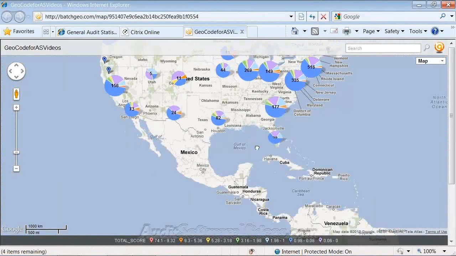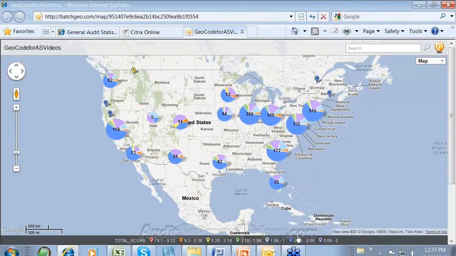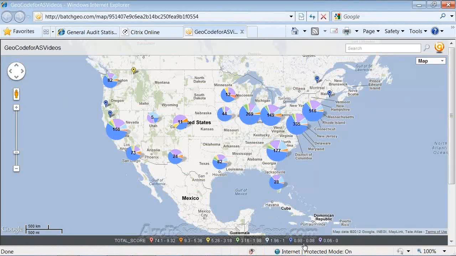Hold on one second. So those graphs will change as you get closer and closer in. You can see that the blue of, let's say, out here in Washington on the left, we have 82 vendors in this case, and of those 82 vendors, there are blue ones with a score of 0.08 to 0.98.